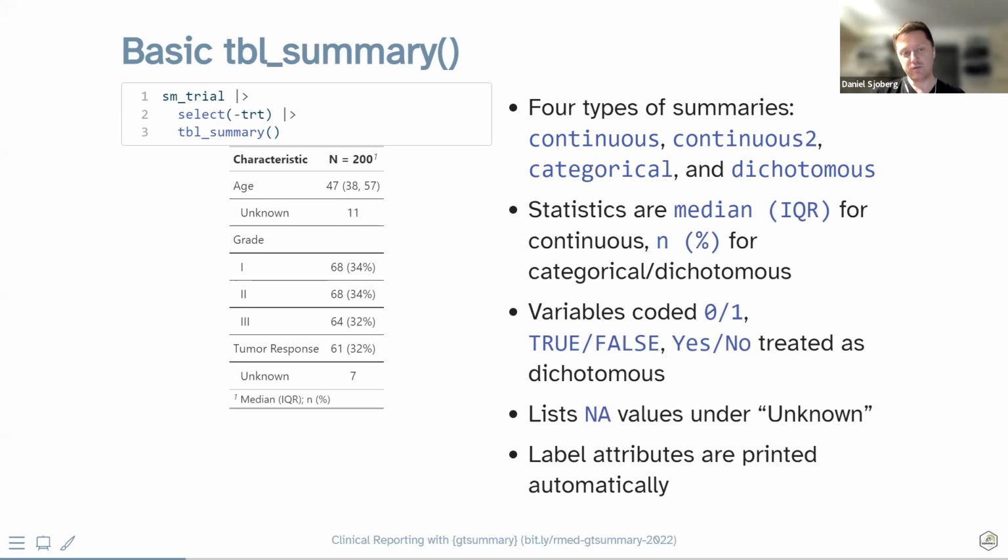And there's a couple other features here that you see. Instead of saying age, the variable lowercase age, that's the variable name, it's capital A, age, and same for grade. And for response, the column name, you see tumor response. Those are the column labels that are being utilized. So that's a good reason in my book to just label your data, because you can get a really nice table with no work. I mean, when can you get a table like this in one line of code?